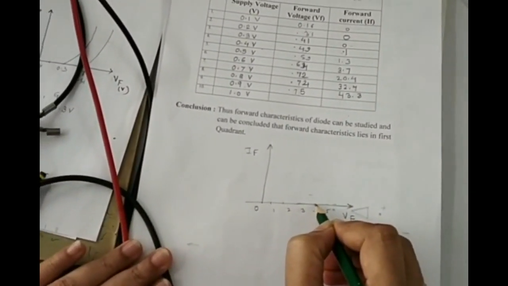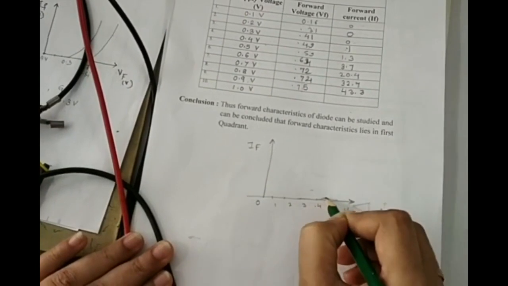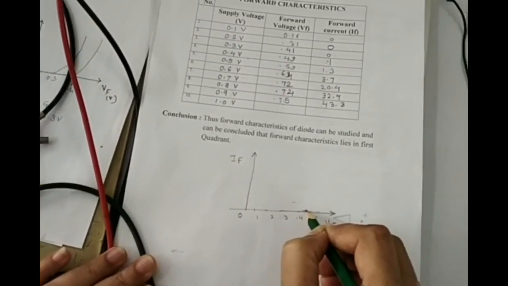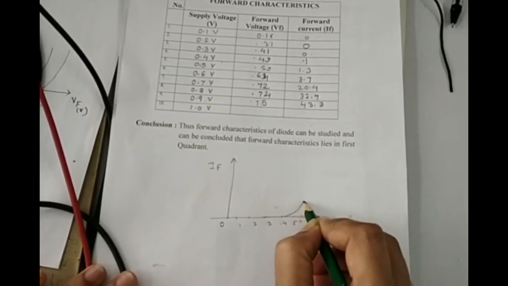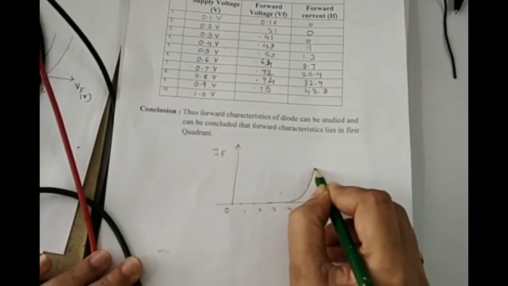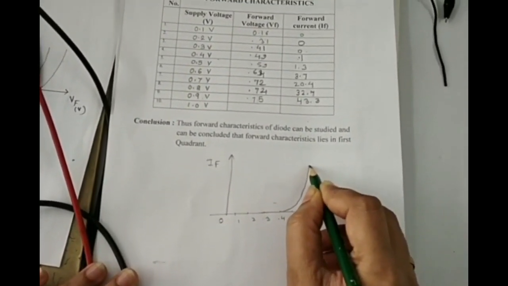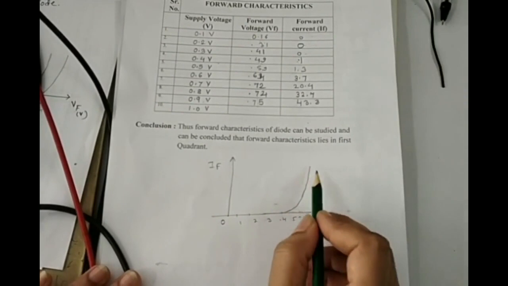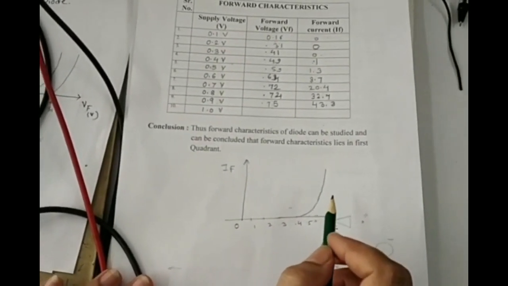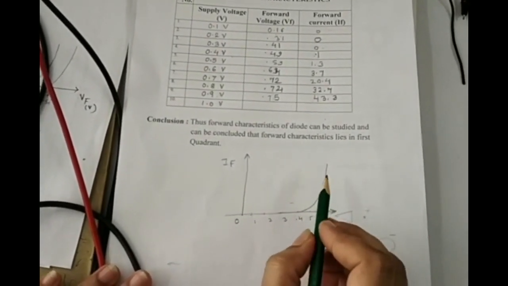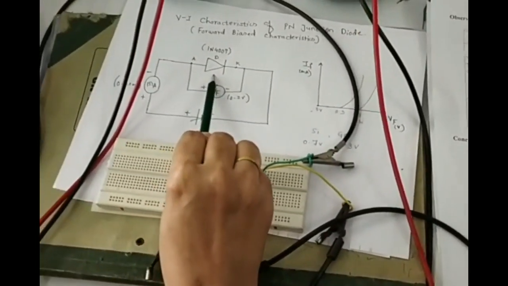So after 0.4 here we have flow of current, or the diode starts conducting, and as you go on increasing the voltage the current increases in a drastic manner. Okay, so the conclusion of this graph is, this is our silicon diode, for which we have